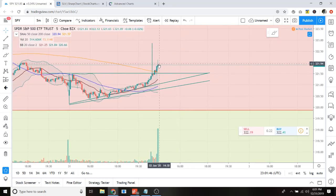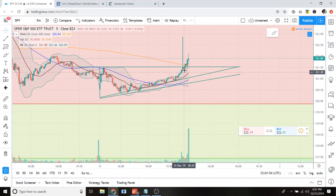So at the moment, it is breaking out. It's exactly breaking out from this triangle formation, and we have that upward target. The 5 minute looks beautiful, but it is a bit overbought here, right? So now it's going to be interesting to see how it responds. We see that it overshot the 322, but it couldn't maintain those levels, and it fell back down below 322